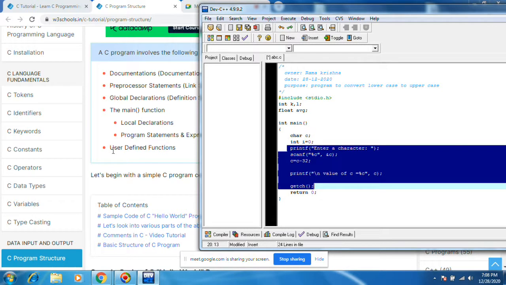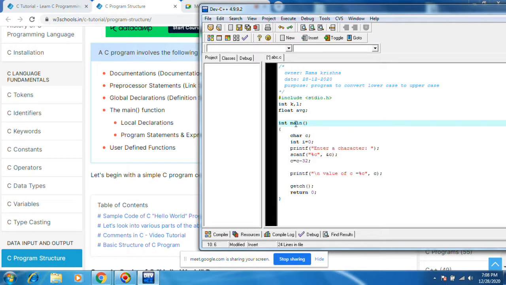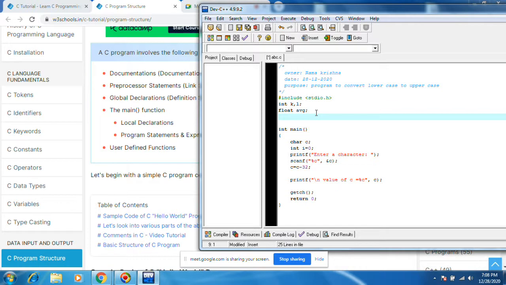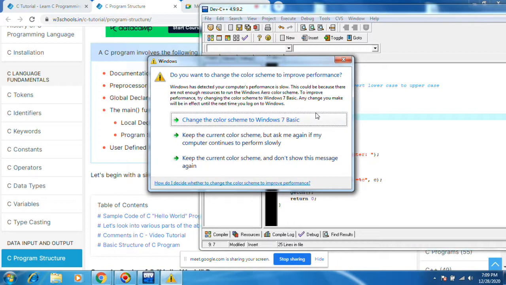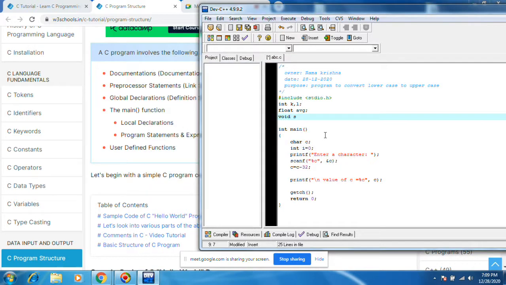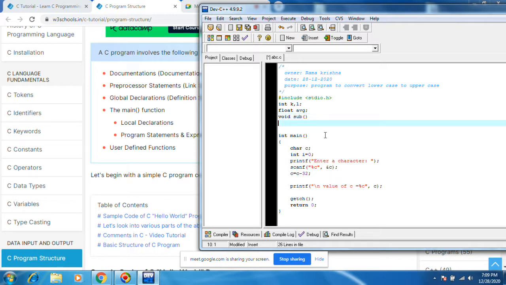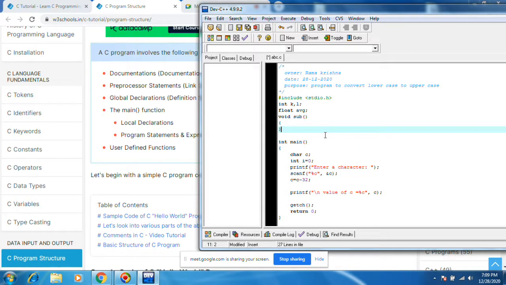And then user defined functions. Main is the predefined function. Program execution starts with the main function only. Then user defined functions, similar kind of thing. Something we can define, void, this is a user defined function.